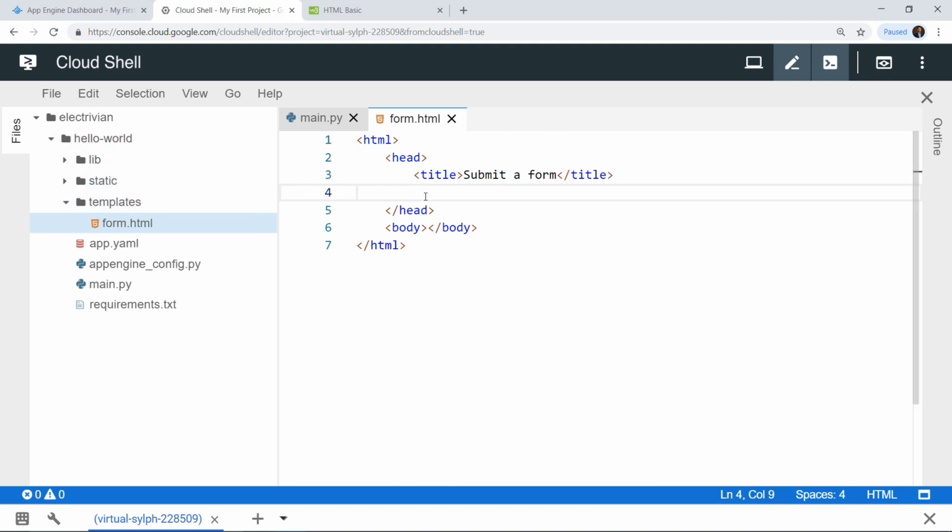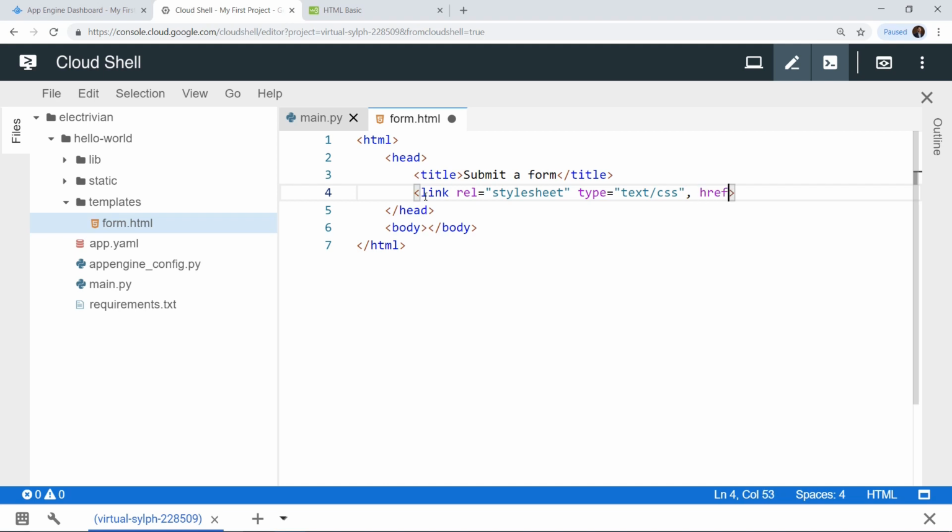Okay, so for now let's add a link tag. So first of all we have a link tag and then we are passing a sub tag or a key value pair. So first of all we have rel, which stands for the relation. Then we have stylesheet over here. Okay, so inside link we have rel is equal to stylesheet, and then we have the type tag. So inside the type tag we have text/css, and then we have the href tag.